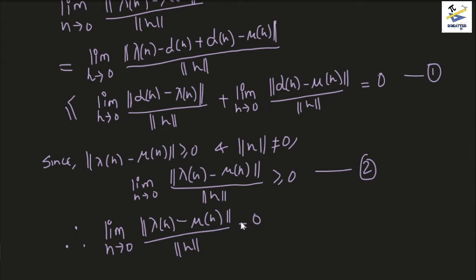Now this is true for h, right? So this limit goes to 0. Now we can understand that since h is not equal to 0, we must have lambda of h minus mu of h going to 0. Now if h were to be tx, where x not equal to 0 and t tends to 0, we can write,